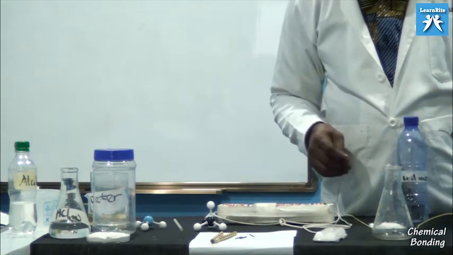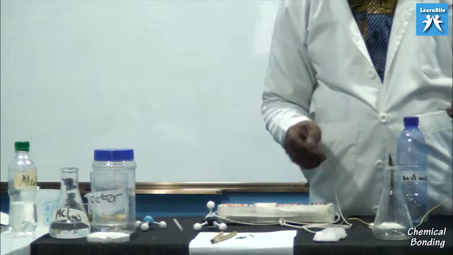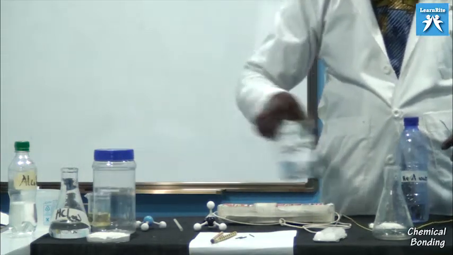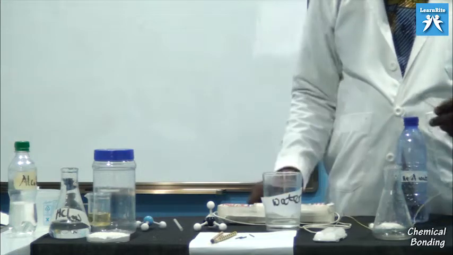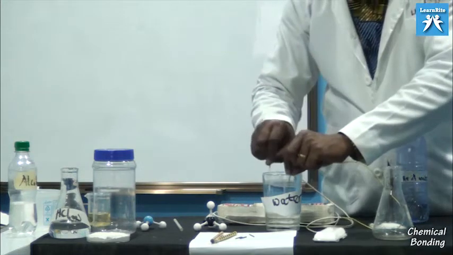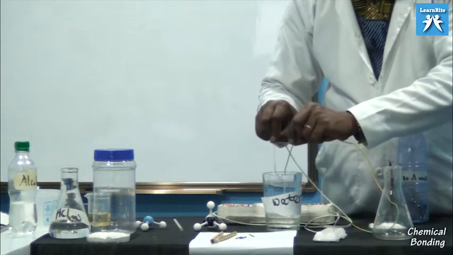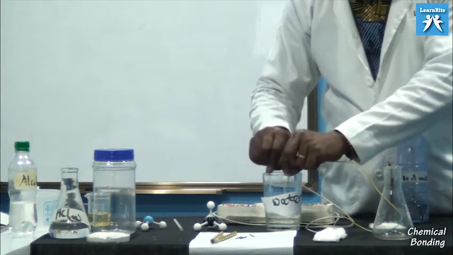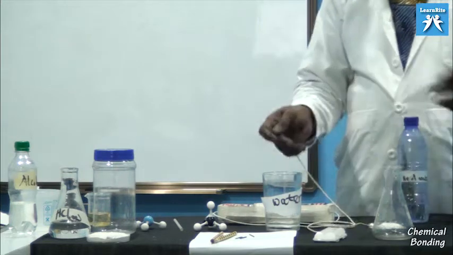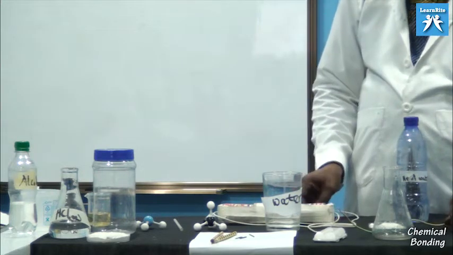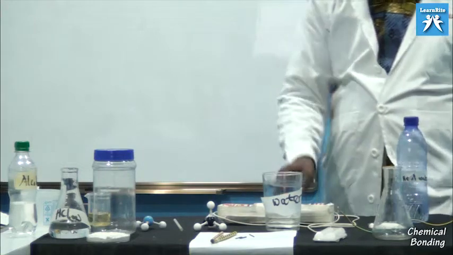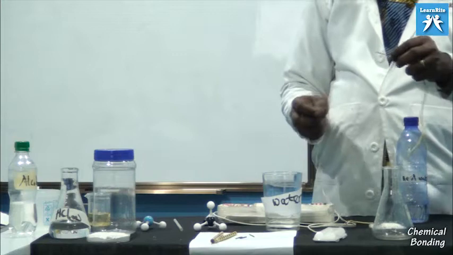However, assuming I got any metal and connected them, it will. Or let me even use water, not distilled water. Let me use polarized water. If I use this polarized water, you see that the light has come on. Let me remove it. If I put it there, you see the light on. Why? Because this water is polar, but it has ions. I have not come to molecular covalent substances yet, but I'm just illustrating it as an example